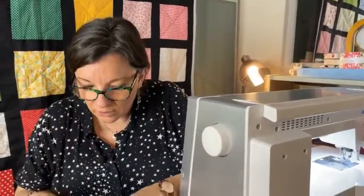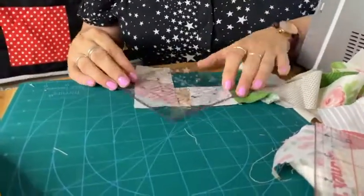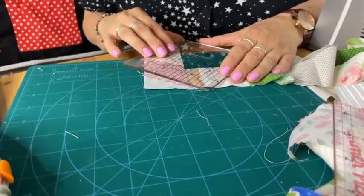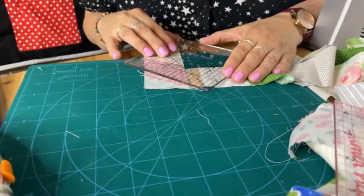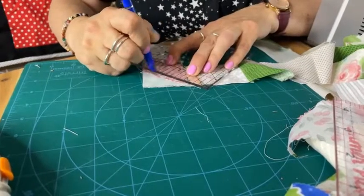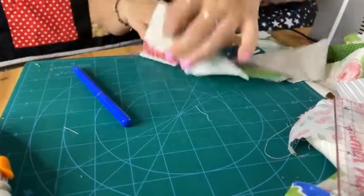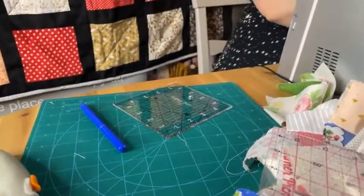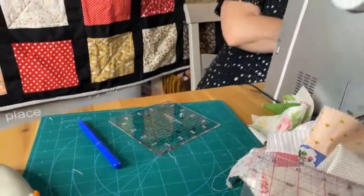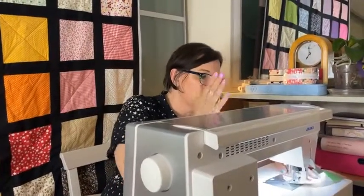Oh, that one's got a bit wonky there, look. Saying I was doing it by eye. Let's just line that up again. That's not lined up too well. I was getting distracted by that line of the fabric. There we go. You can just about see it. So don't be afraid. If you're not happy with the way your line has gone, just redo it. Go over. You don't have to unpick it, because I'm